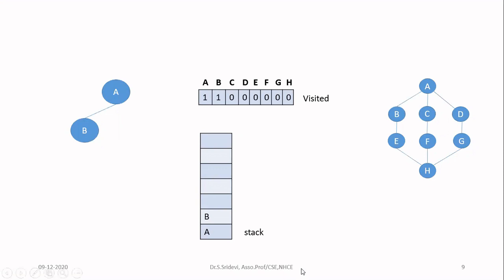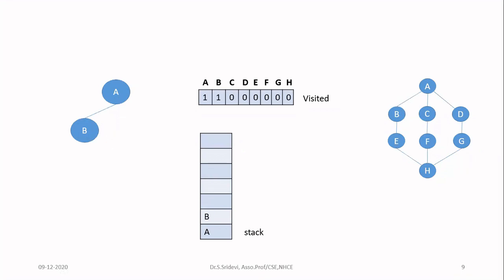So now on the top of the stack, I have node B. So I'll be considering the neighbors of the node B. Consider this particular diagram. For node B, we have two neighbors. One is A, another is E. Next, you have to check out of these neighbors if any neighbor is not visited. Our aim is we need to check only the not visited neighbors. If it is visited, just ignore it.